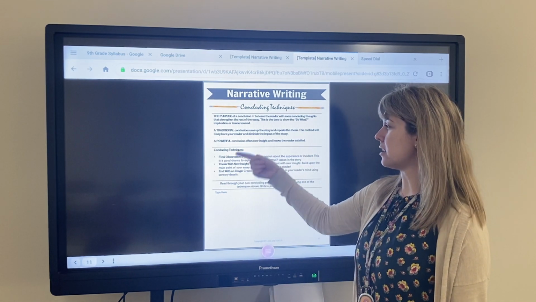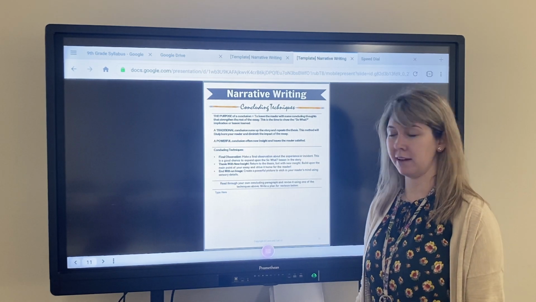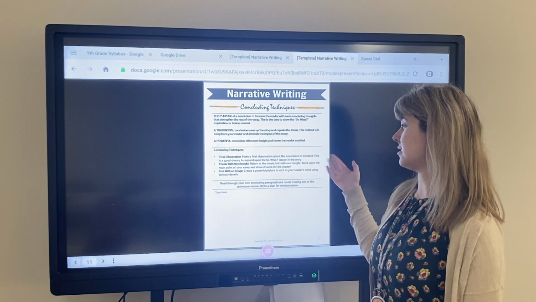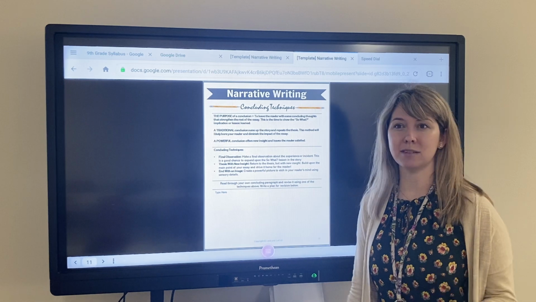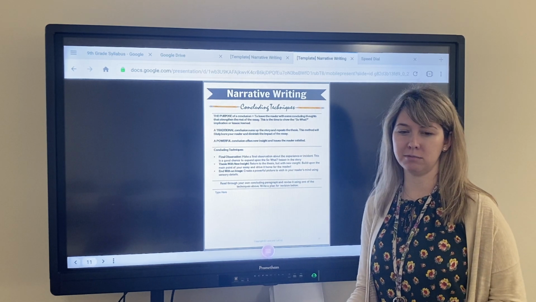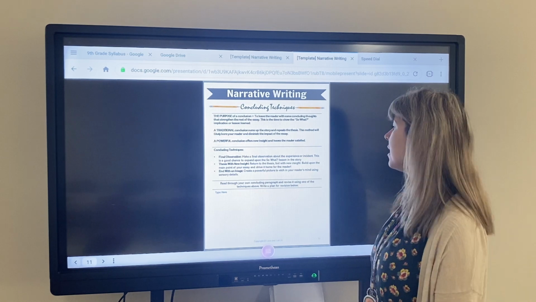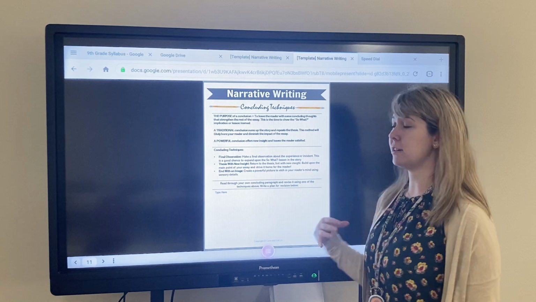There are three concluding techniques that you could use in your narrative essay. There's the final observation. You make a final observation about the experience or the incident. It's a good chance to expand upon the so what, so really dig into what you learned from that experience. What is the takeaway? What is the lesson learned? There's thesis with new insight, so returning to that thesis